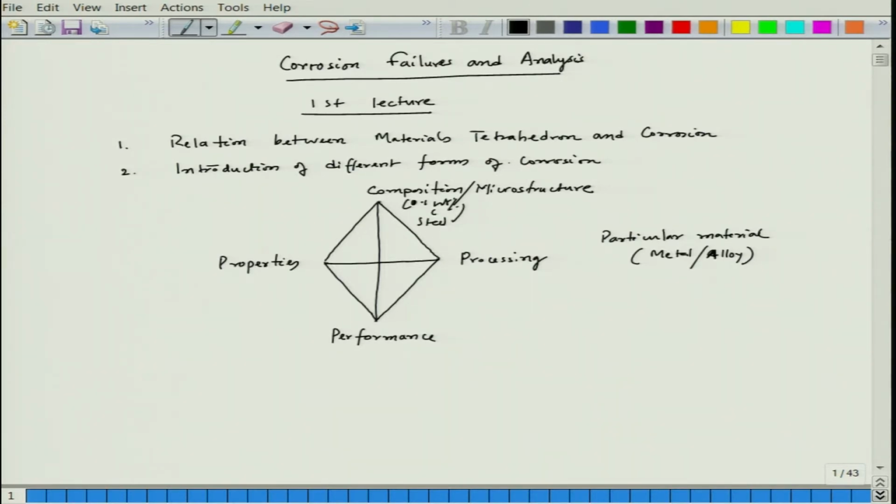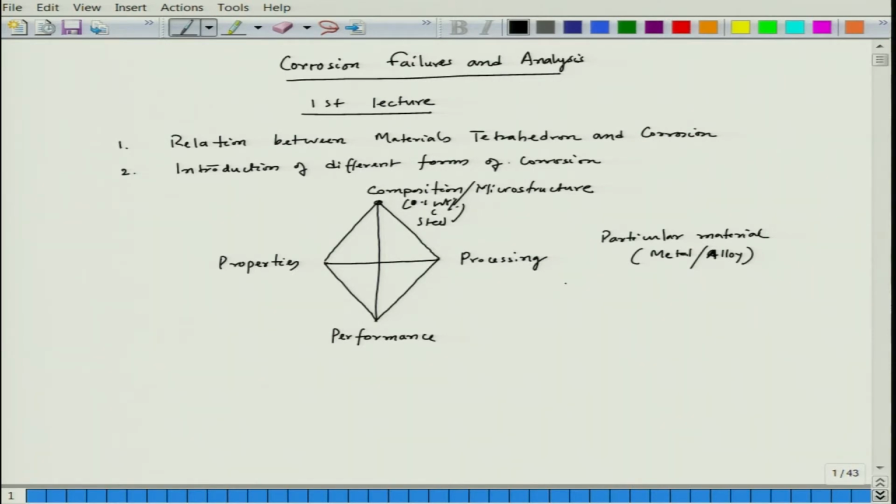So, that time this apex part will be microstructure, and as you know, this 0.1 weight% carbon steel can be processed differently. If we quench it, we will get martensite. If we slowly cool, we will get pearlite and ferrite. The fraction of pearlite would be less, because this is far away from 0.8% carbon steel.